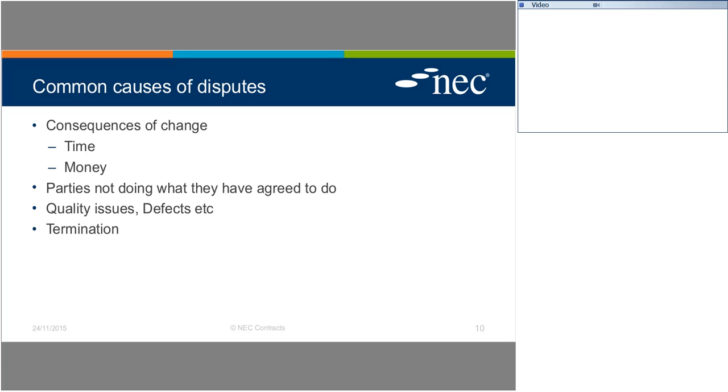Quality issues and defects do lead to disputes, both during the project and afterwards. And we work in an industry where design is a creative subject. It's highly subjective, and people don't always get what they thought they were going to get. And as with any commercial disputes, you will end up with parties, when there is a termination of the contract, arguing about who is responsible and what sum of money is due to which party at the end of it, and whether it was reasonable, whether it's correct of the party that started the termination proceedings.